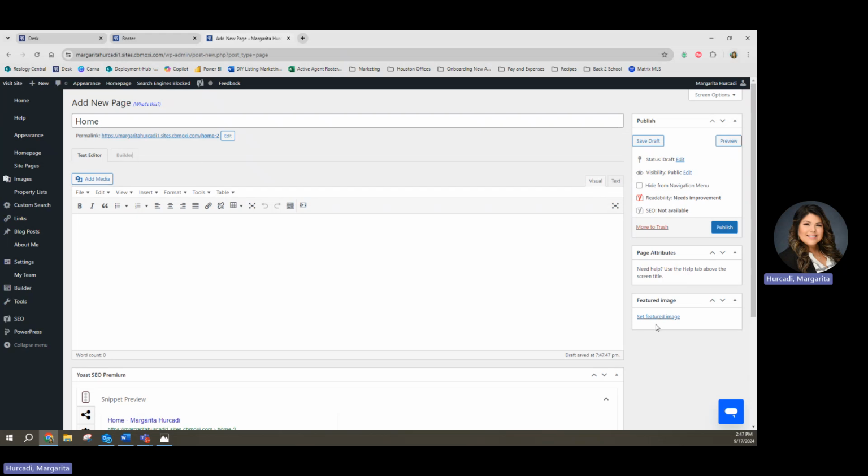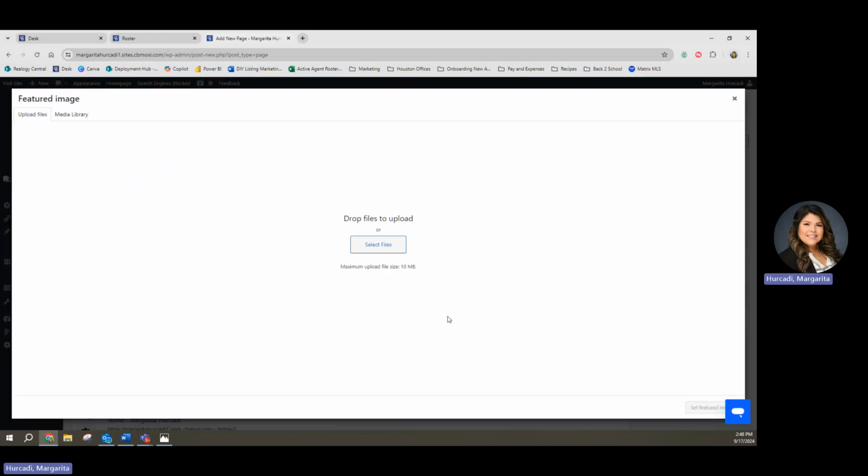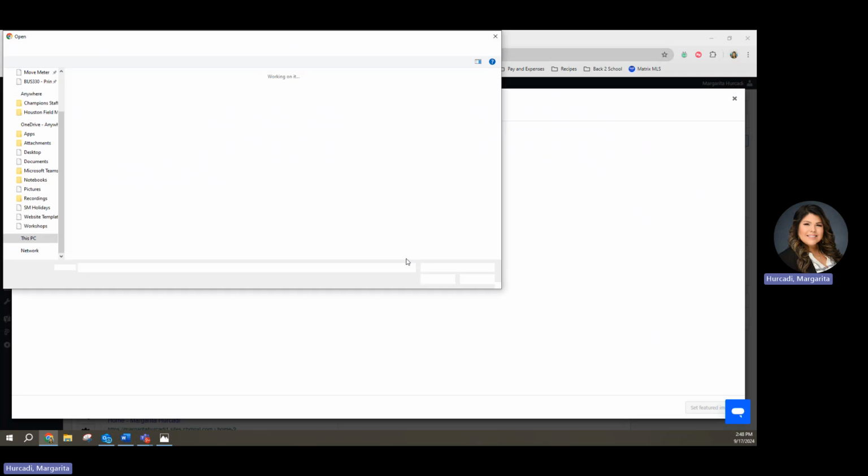So if you've ever texted a URL or a website to someone, or inserted a link on your Facebook post, do you ever notice that there was a featured image that populates with those? That's called a featured image. So websites set these for sharing purposes. So once you click on the featured image button, you'll select your file,